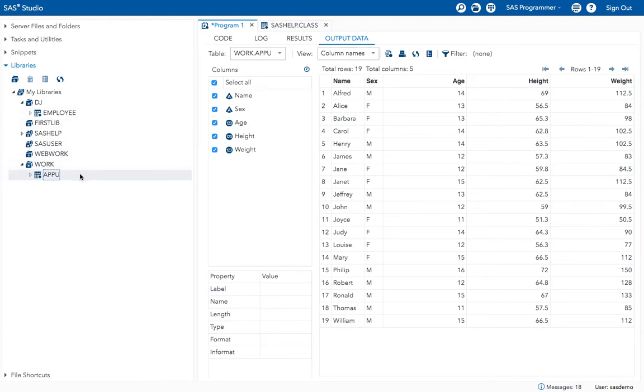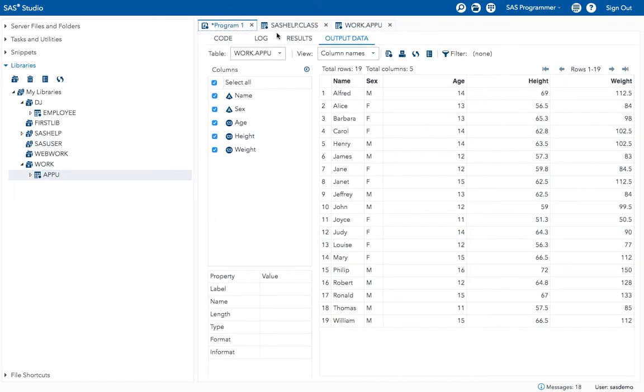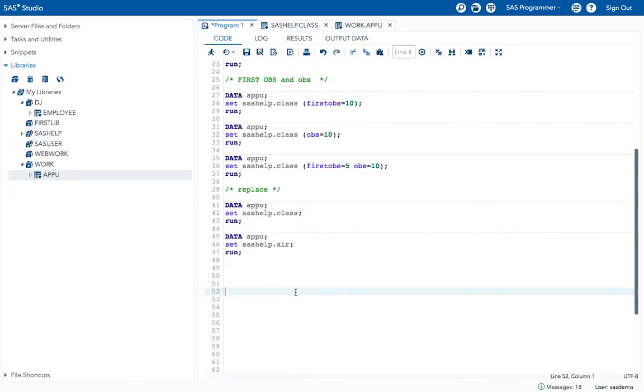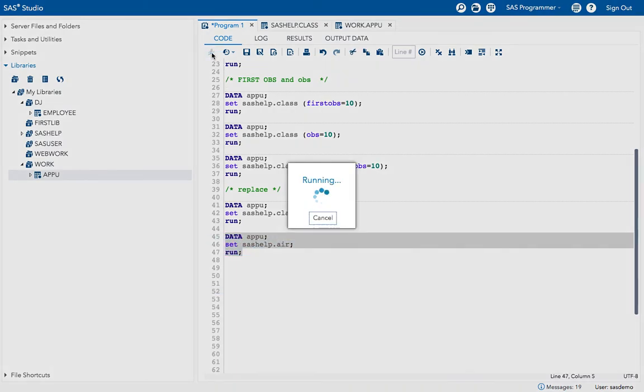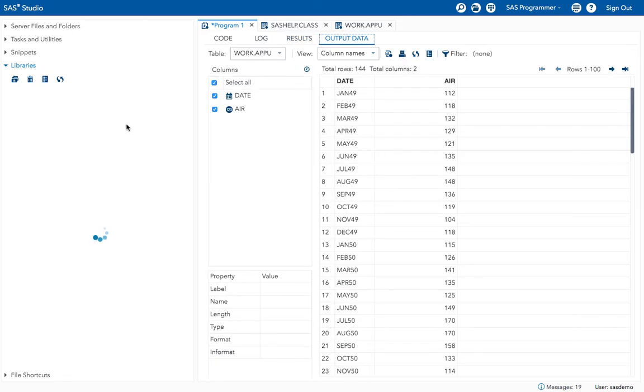See, in the Appu dataset, I have the class dataset. Now with the same dataset name Appu in the work library, I am assigning air. Okay, now what happens if I run this? Air dataset will be stored in the Appu dataset.